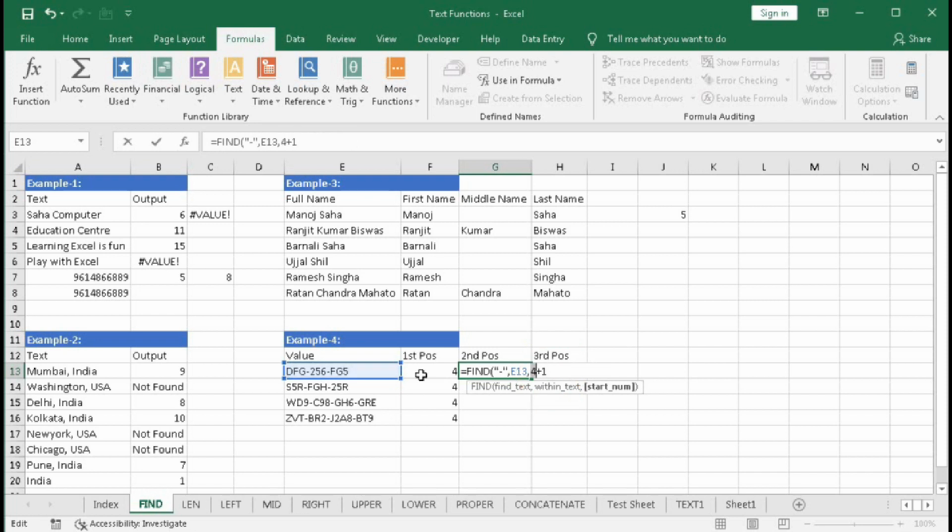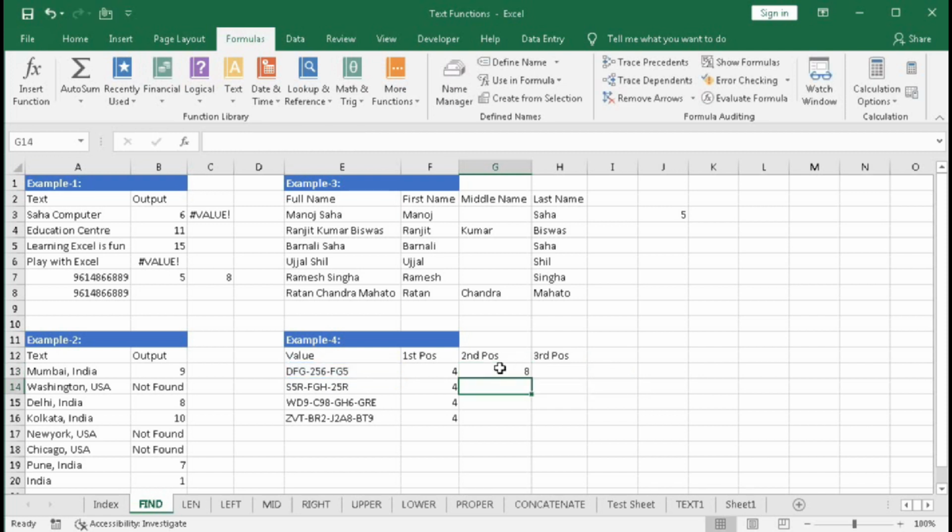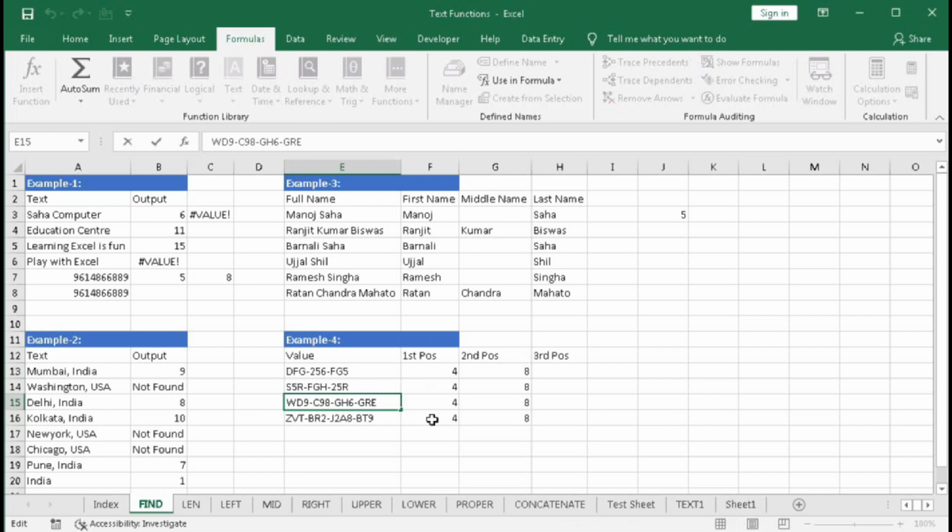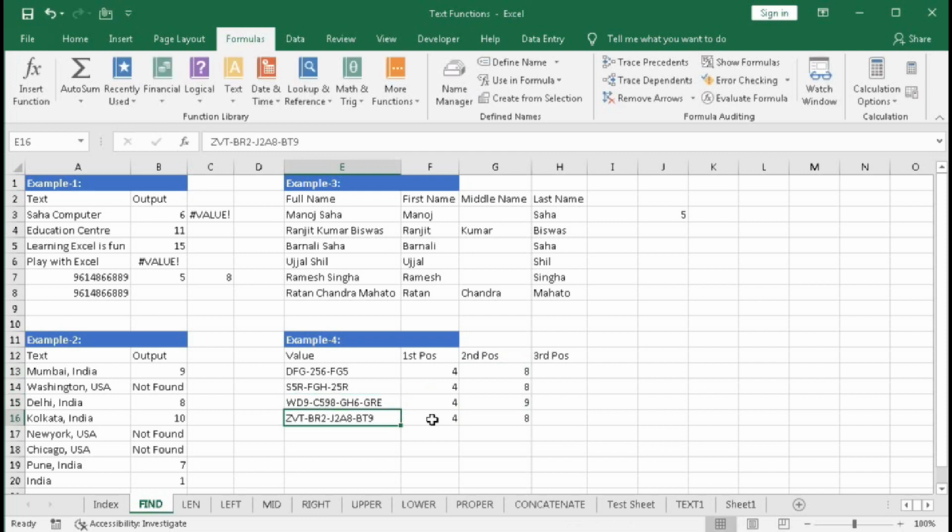You can press F9, I can see 4, but we have to check it from 5. That's why we have given here plus 1. Then bracket close, enter. So it is in 8th position. So all are in 8th position. So if I change here, suppose if I type here one letter, it is now in 9th position. Now we will find the 3rd position of the dash.